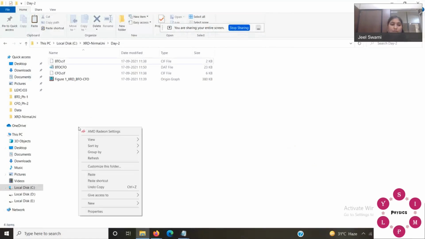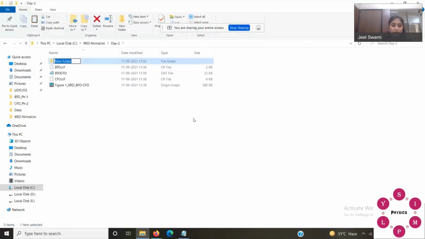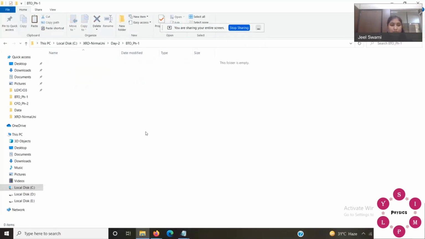So let's make two folders. I will write BTO phase 1. In this we need the XRD file and the BTO CIF file, so just copy and paste it.